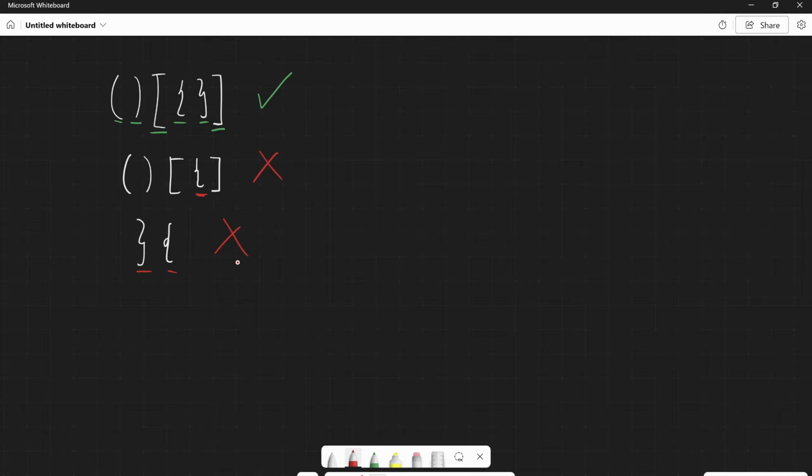How do humans solve this problem? We look at the first closed bracket and check the previous one. If the previous one matches this one, then all is good. Like in this example here. The first closed one is this, and then we look at the previous open one, this one. Here, the first closed one is this, and then we look at the previous open one, this here. When I say the first previous one, it's actually, in this sequence, the last one that